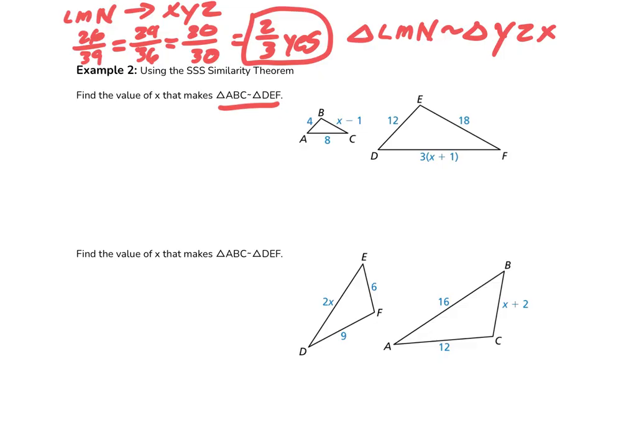So like, let's say AB. AB is the first two letters here. It's going to match with DE. DE is 12. Those are the two sides that match up. They may not be left and left like they are here. So don't just assume, oh, because this is on the left, this is on the left. Maybe 4 would match with 18 in some cases, okay? But in this case, 4 matches with 12,